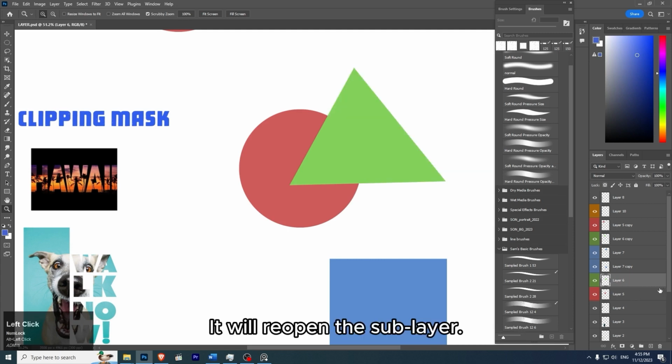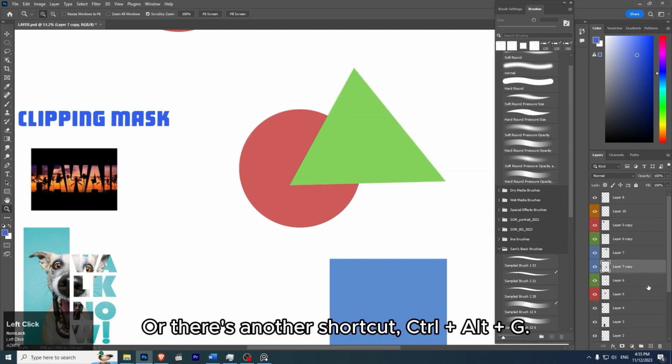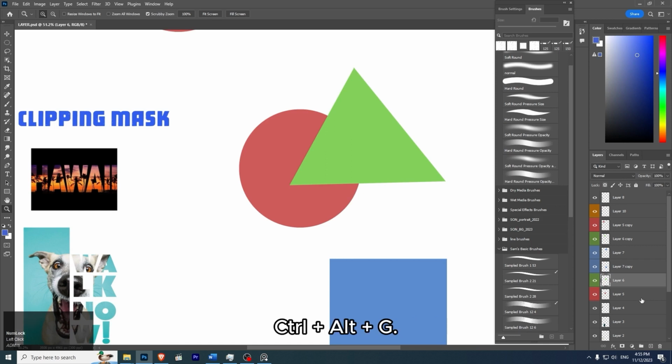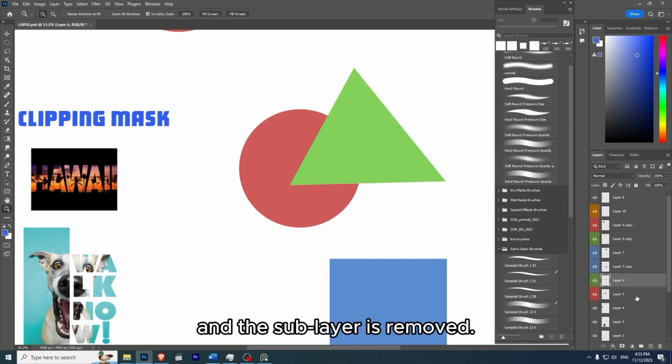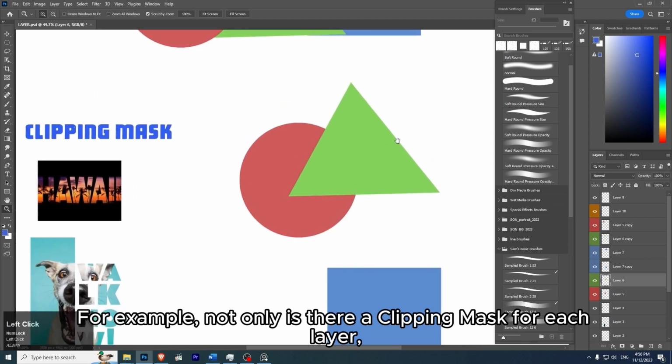It will reopen the sublayer. Or there's another shortcut, Ctrl+Alt+G. Ctrl+Alt+G, it becomes a sublayer. Then Ctrl+Alt+G again, and the sublayer is removed. That's the clipping mask. Okay, for example, not only is there a clipping mask for each layer, but also for